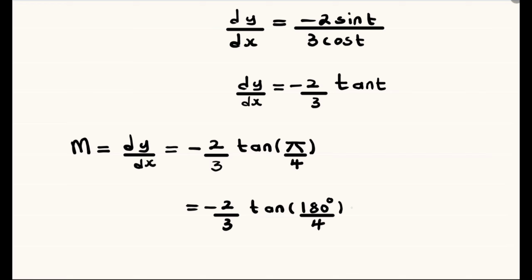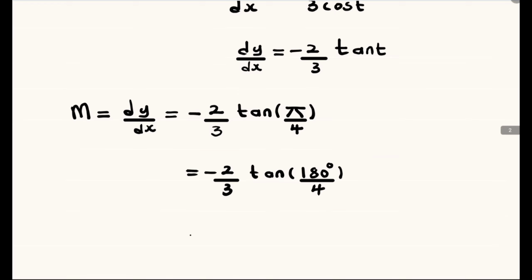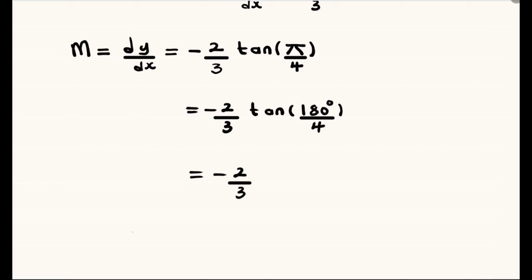If it has r, you work with the pi, and this will be equal to negative 2 divided by 3, and the tan of 180 divided by 4 is equal to 1. So our gradient m will be equal to negative 2 divided by 3. Now that we have our gradient and 1 point, we are going to have y equals mx